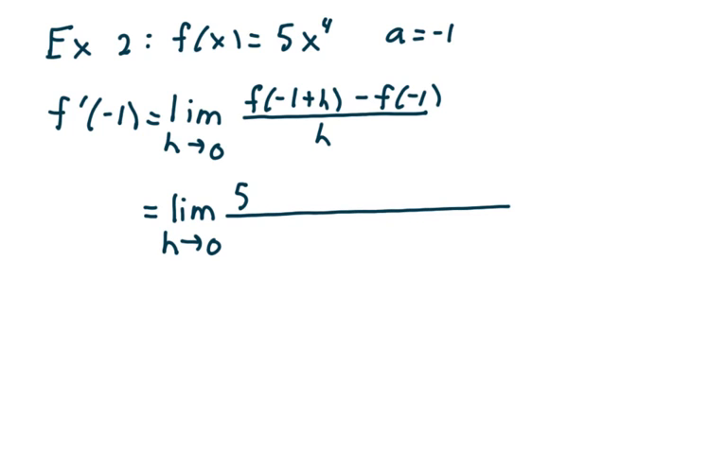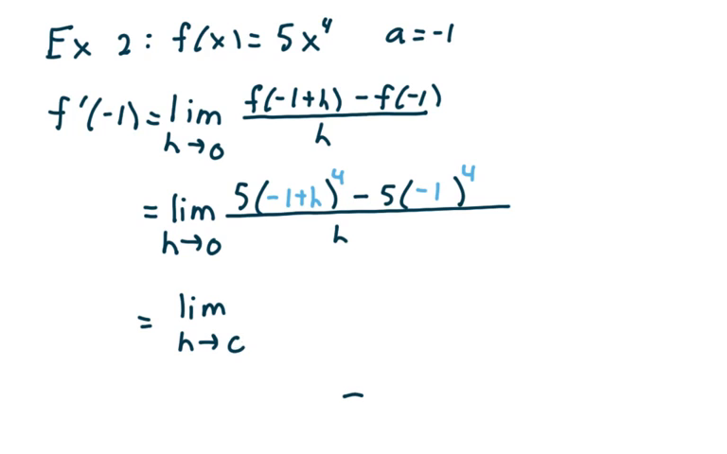We get 5 times the quantity, and we're going to replace x with negative 1 plus h and raise it to the 4th. And then we're going to subtract 5 times negative 1 to the 4th. And we're going to divide by h. And so this is the limit as h goes to 0 of